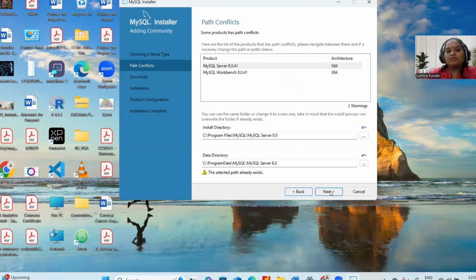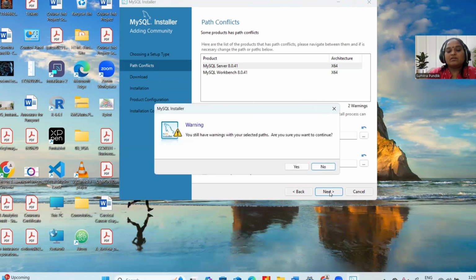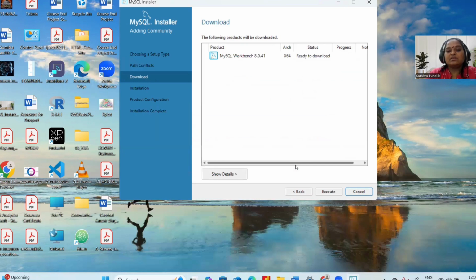Go back. Okay. Here there is a path conflict, because of that I got an error. So now again go to next. Yes.